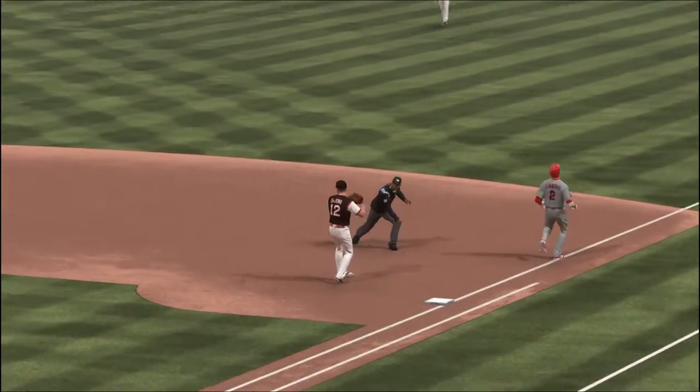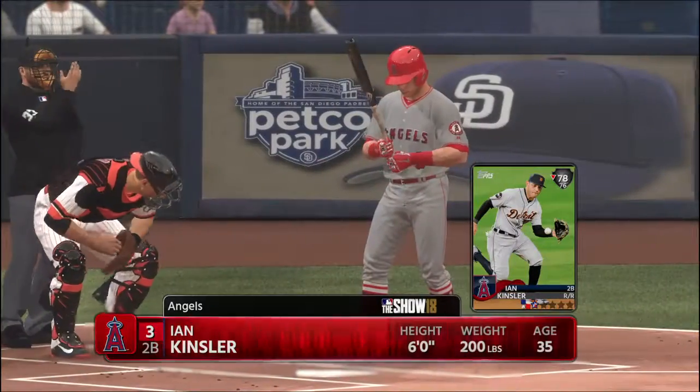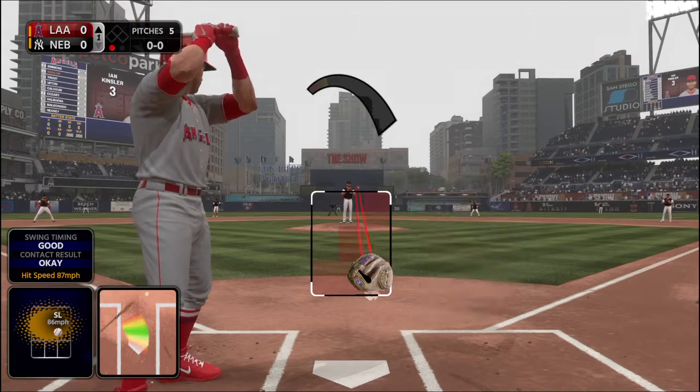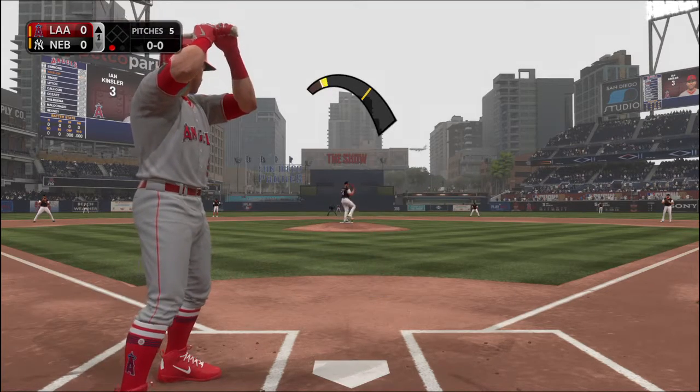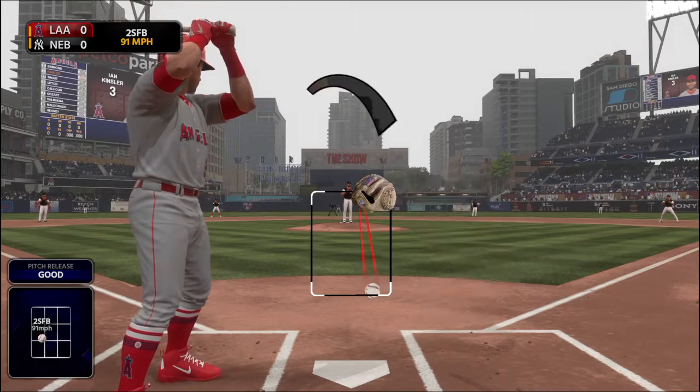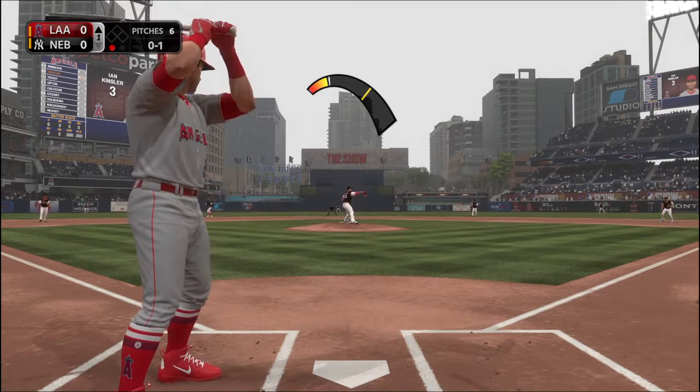And the off-balance throw gets him. Nice play for the out. So the base is empty here with 1 away, and that'll bring in the second baseman, Ian Kinsler. In there, strike one. One thing I'm going to keep my eye on with this young starter on the mound